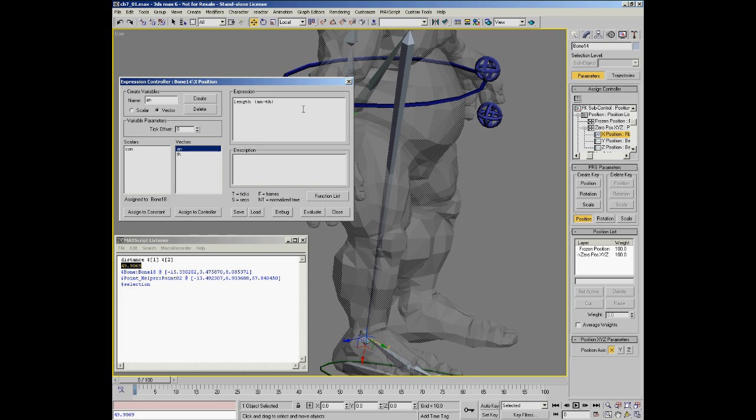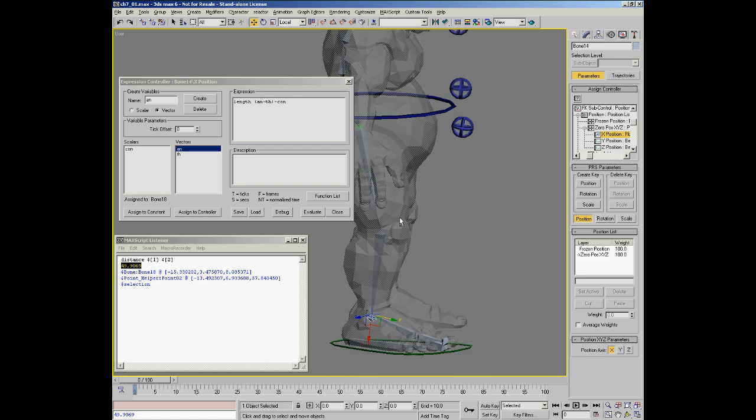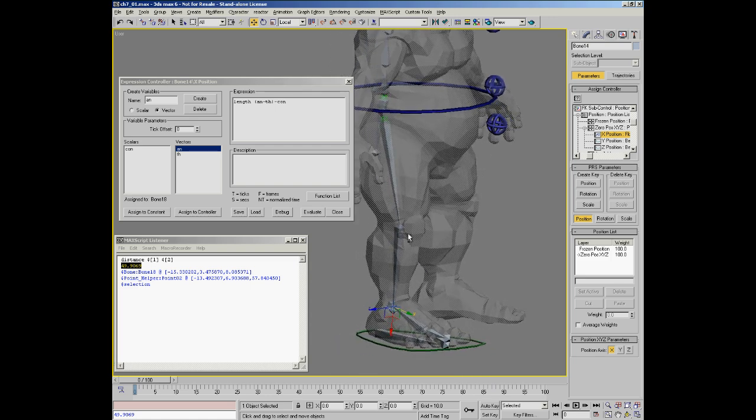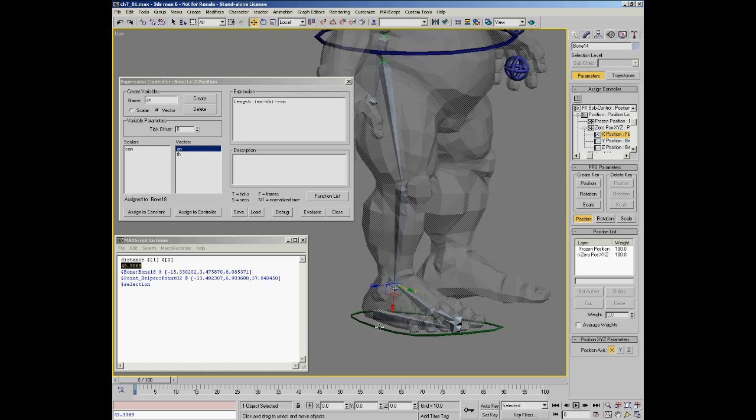So to subtract that out and get a starting value of 0 again, minus con. So we're going to include now our scalar variable and say evaluate, and our knee joint pops back to where it was. The expression isn't done yet because now we have an expression